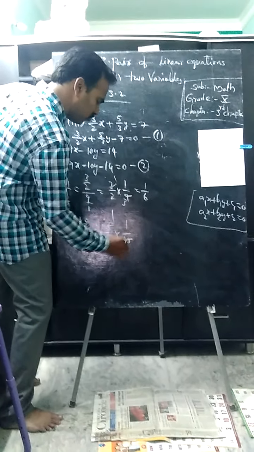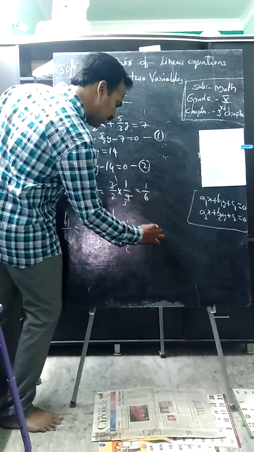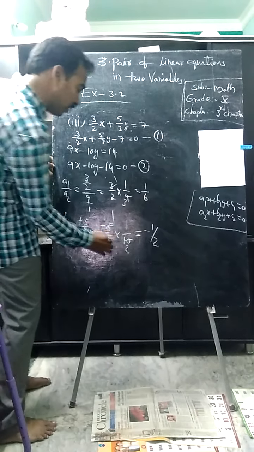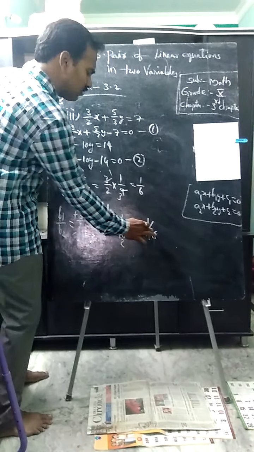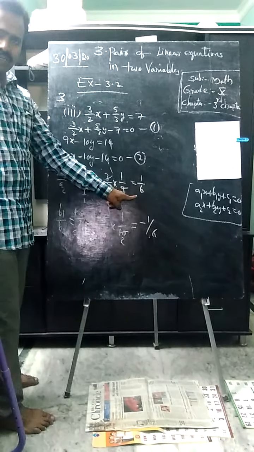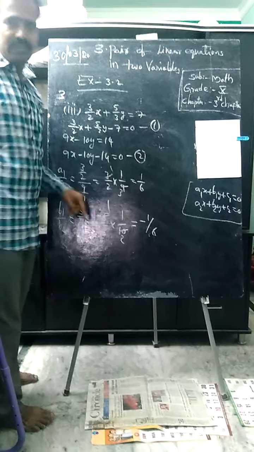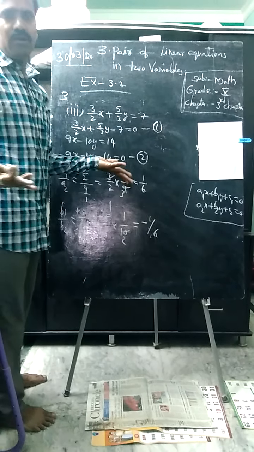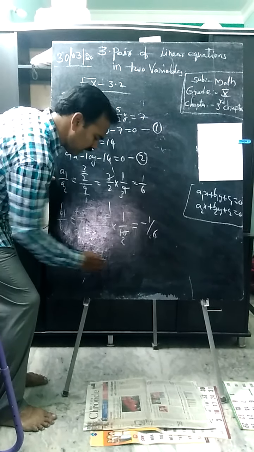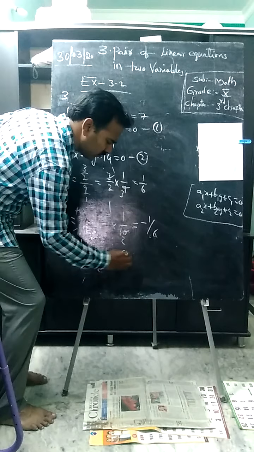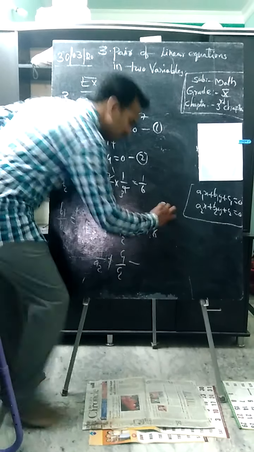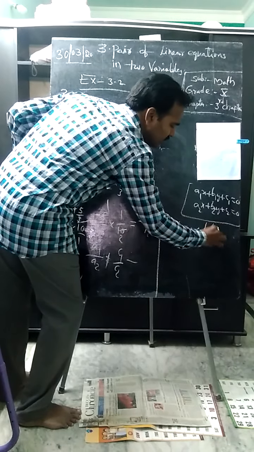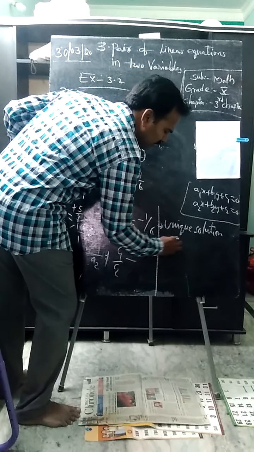So we have 1 by 2. Here minus, so minus 1 by 2. Here we have 1 by 6, but here we have 1 by 2 into 1 by 6. See, students, here we have a1 by a2 as 1 by 6, but b1 by b2 as minus 1 by 6. Are they equal? Never. Numerically they are equal, but symbolically reverse. So a1 by a2 is not equal to b1 by b2. So as we know, unique solution. So they are consistent.